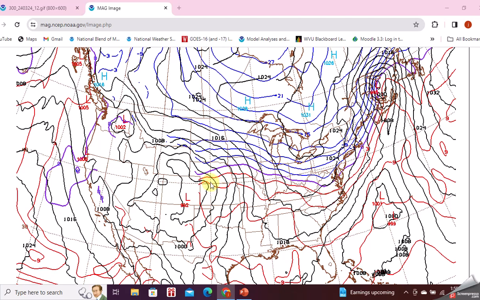Now, there's another one right here. Here's low pressure. We know the flow around low pressure is counterclockwise, so we've got it from the south on the eastern side of it here. Well, notice how these isobars go out. They kink. So there's lower pressure along this line right here. That is a warm front. It is separating maritime tropical air to the south, continental polar air to the north.